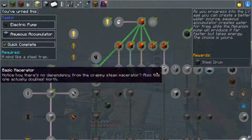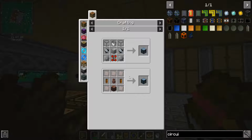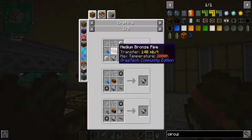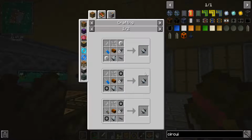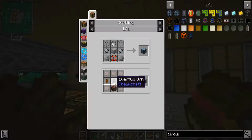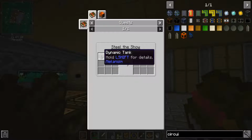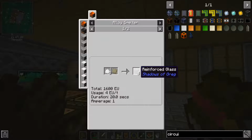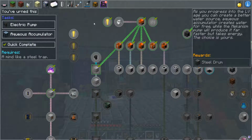Guessing kind of just need to do this. The accuracy accumulator here, to craft that, I need the ever full urn, because I don't think I can make the electric pumps yet. Or maybe I can. Paper ring? Tin cable? I mean, we can do it this way. This is the easier way if you're looking at this and using magic, etc. I could... structural glass I don't think I have yet. Alloy smelter, steel and reinforced glass. There's alloy plate and glass dust. I mean, that's terrible. Terrible. You know what? I really am...